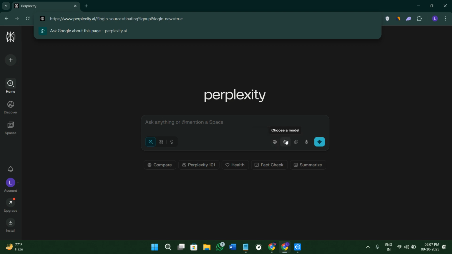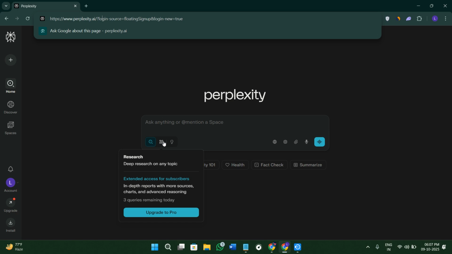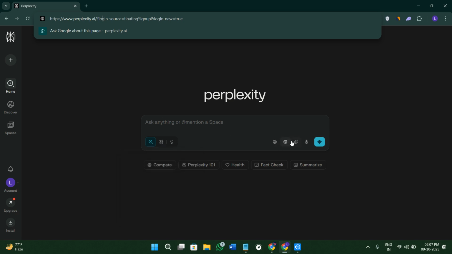You are also going to get the content planner agent, which is going to build social media or blog calendars based on keywords and trends. It is also going to give you the meeting notes agent that is going to summarize the transcript or recording into clear action points. It is also going to give you the market research agent that is going to gather